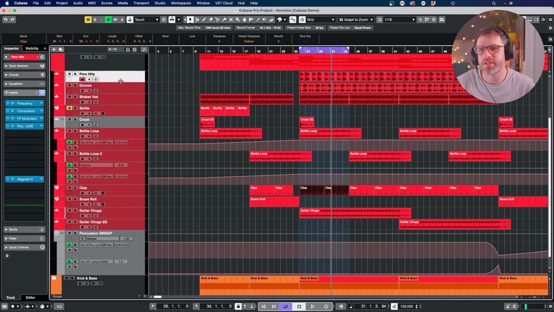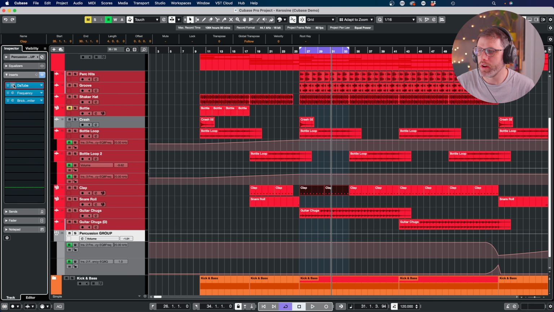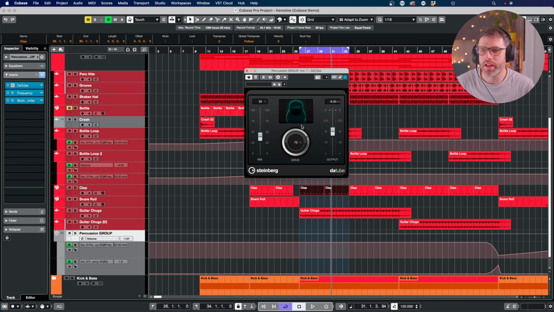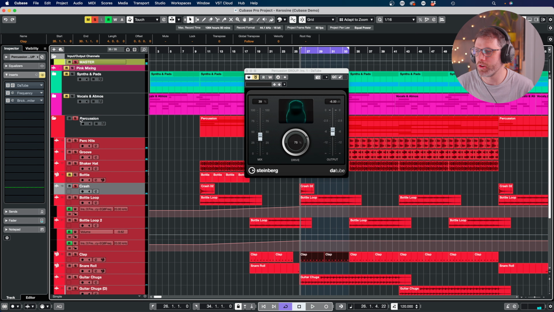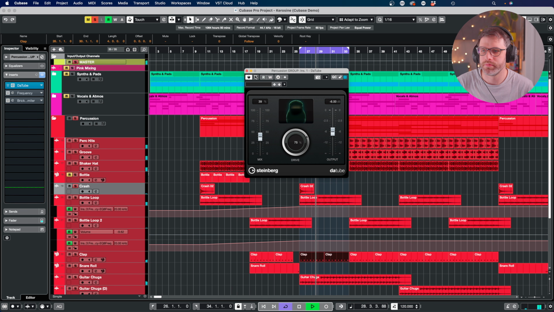Now in terms of processing, everything's quite normal, it's rolling off and stuff like that, but let's have a look at the percussion group. So I've got the tube, and this is absolutely cracking for adding extra harmonics and really bringing everything together. So let's have a listen to everything off for these. Let's just solo our percussion. So you can hear that brightens up the sound, but at the same time,